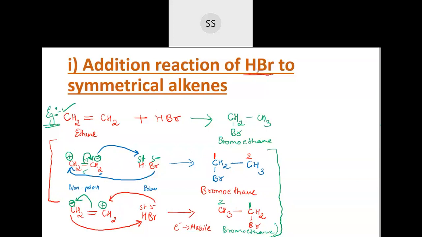Okay, I'll take another example now. You can tell me what will be the compound. Okay. I'm taking another one. Let's see one more example. So CH3, CH double bond CH and then CH3. Okay, this compound is butene. You can see here 1, 2, 3, 4. Okay, between second and third there is a double bond. So it's butene. To this if you are adding HBr, what will be the compound formed? What will be the product?